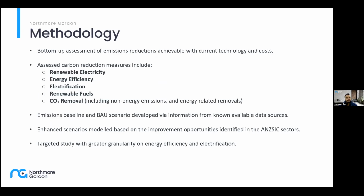So the differentiating factor of this study is the bottom-up approach adopted to calculate emissions reduction achievable within each ANZ sector, which is different than most other studies we have seen. This included looking at real-life examples and utilizing years of experience to identify opportunities within each ANZ sector. The key measures assessed in this study included renewable electricity, energy efficiency, electrification, renewable fuels such as biofuels and green